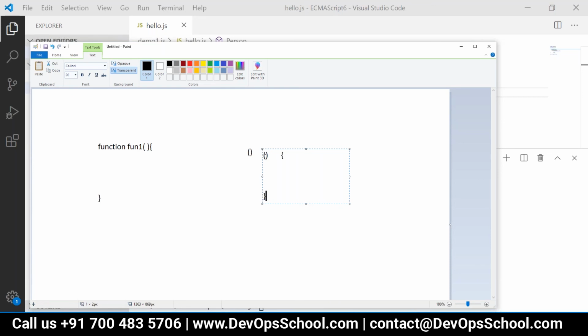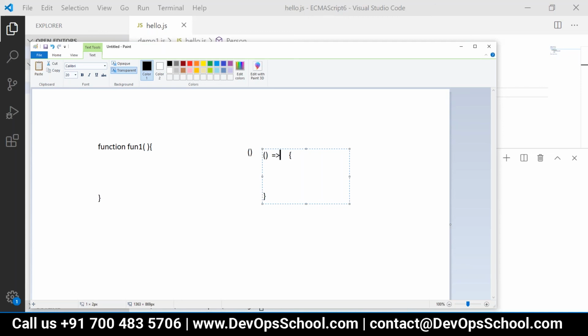We don't need the name, trim it down. We don't need the keyword function, remove it. Now we just want to separate these two pairs of braces, one curly brace pair and one round brackets. To separate them out, we will use an arrow. And this is my function. So it becomes so concise and compact, right?